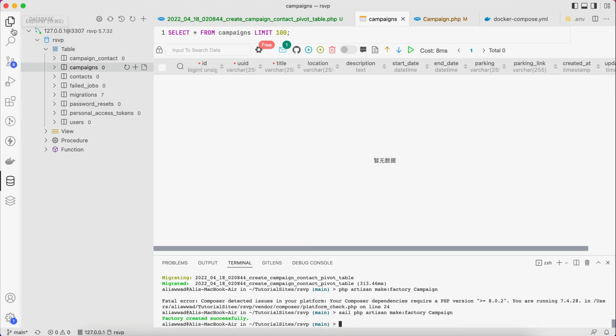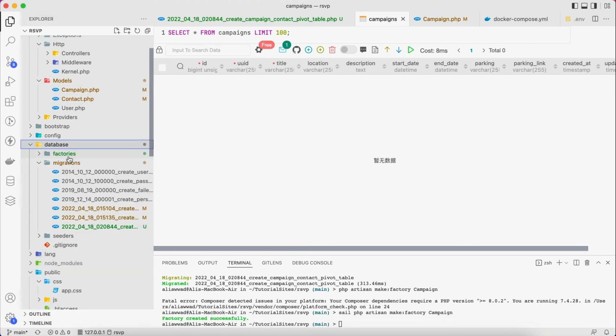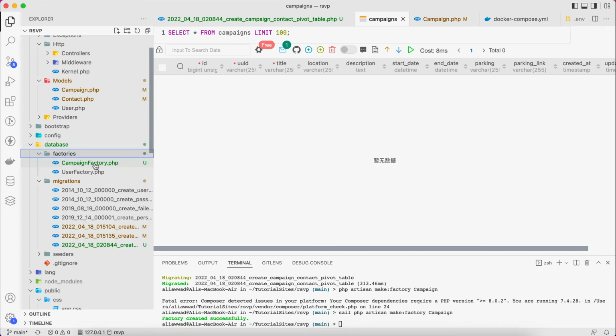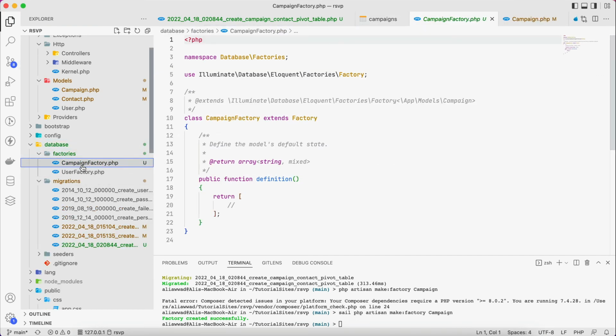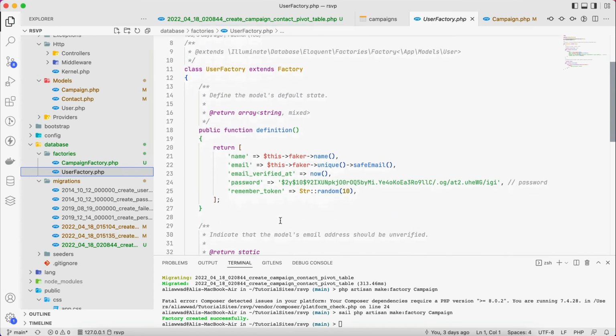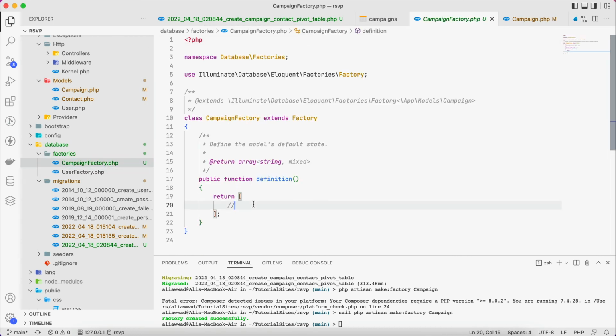Now we have created our factory successfully. Let's check it out. And this is our factory. And as you can see, we already have a factory for the user, which is like this. So to create a similar one for the campaign,